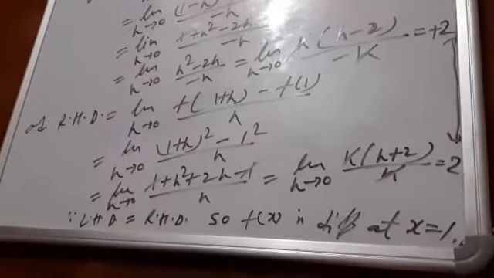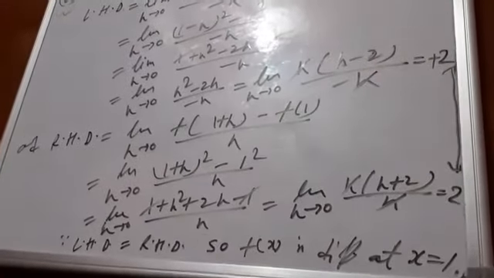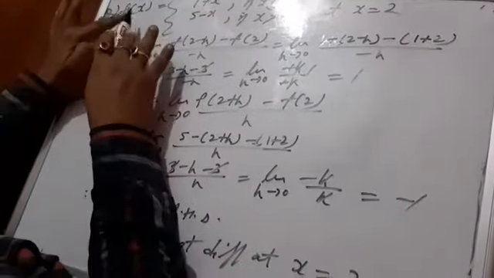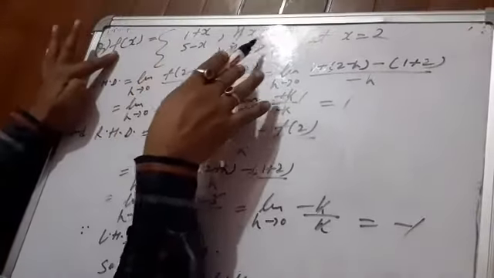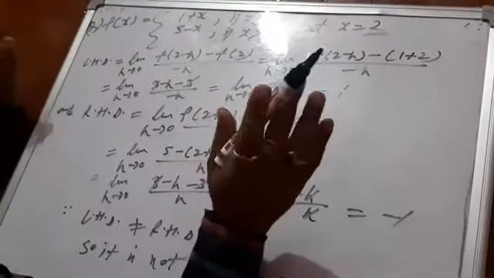Understood? This way you are going to solve this one. This is a type of problem. Again I am just going to come to one more question here. Now come to the next question. Conditional problem. The question is that you are going to test the differentiability of this function. Have you seen, the conditional function is there, at x equal to 2. Same process we are going to follow here.